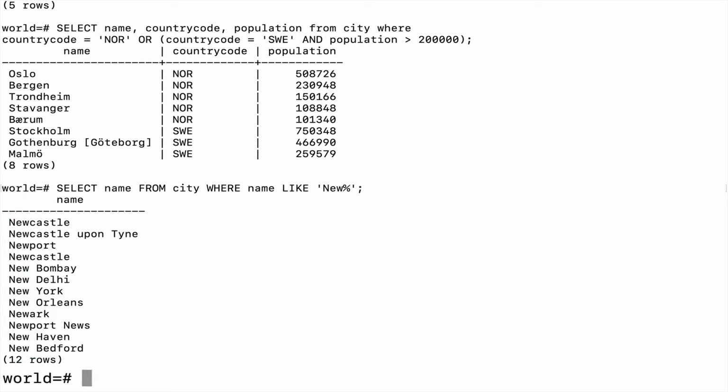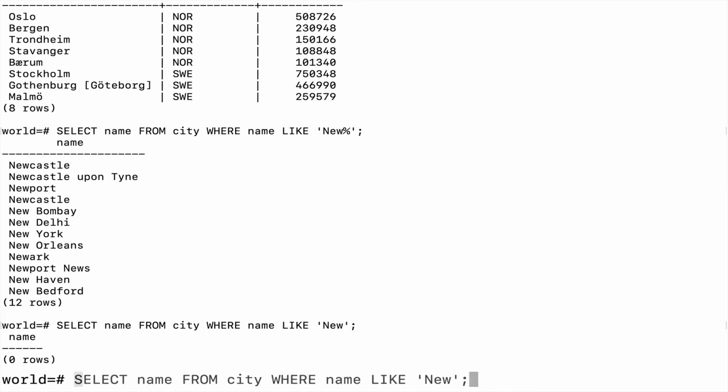So if I didn't have that, that's just matching the literal string new. Are there any cities that consist of solely the word new? There are none. What happens if I was interested in cities that have the word city at the end, like